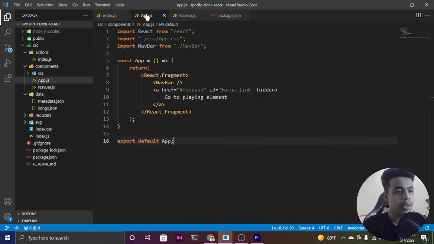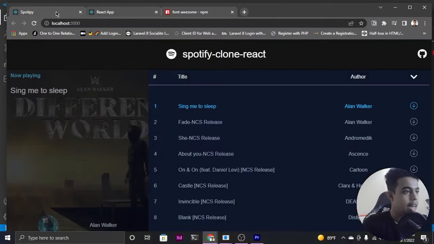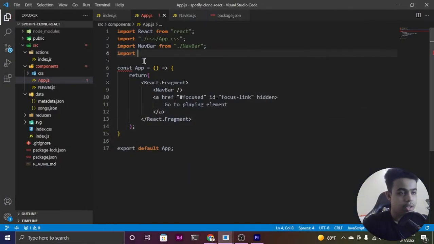Alright guys, so now we have finished working with our header, right? That means our navbar. Now we are going to be working with our songs list header. So now let me import over here. What we are going to be working with, I'm going to be showing you over here, is that when you come to my created clone, now we have created our header, right? Now we're going to be working with this song list header. That means this hashtag, title, author, and this arrow icon. Great. So let me import